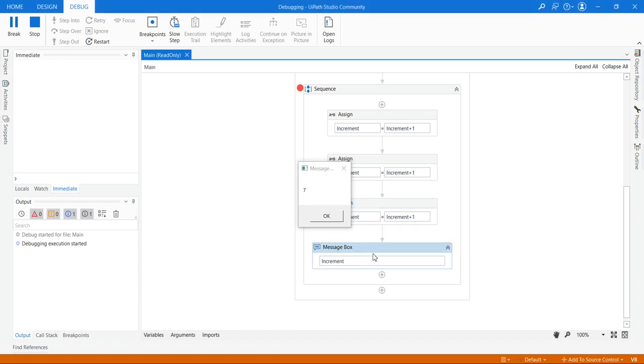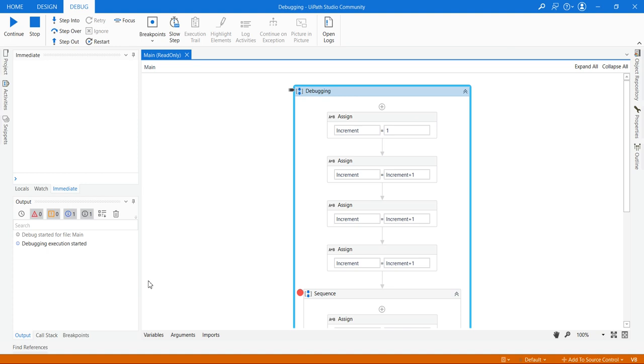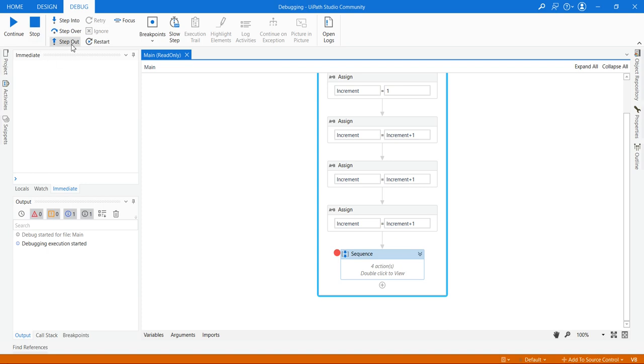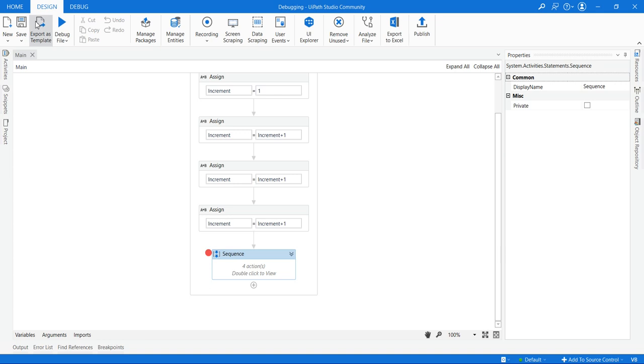See, these two activities got performed. If you click OK, the main sequence will get highlighted. And if you click on step out again, the sequence is highlighted with all the activities performed inside, and then on step out, the bot stops.